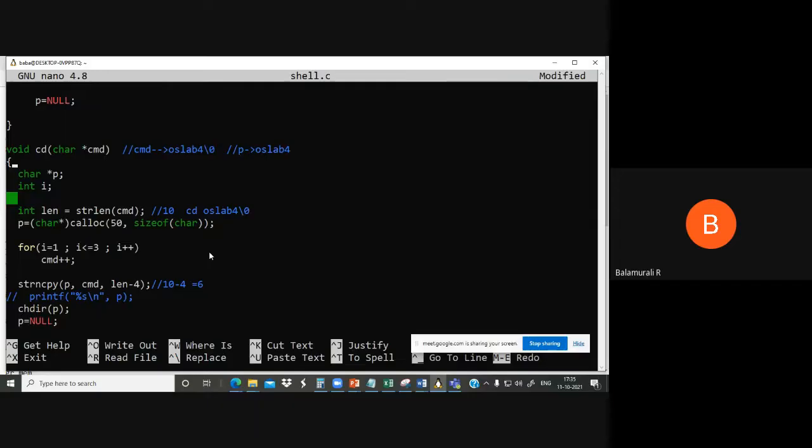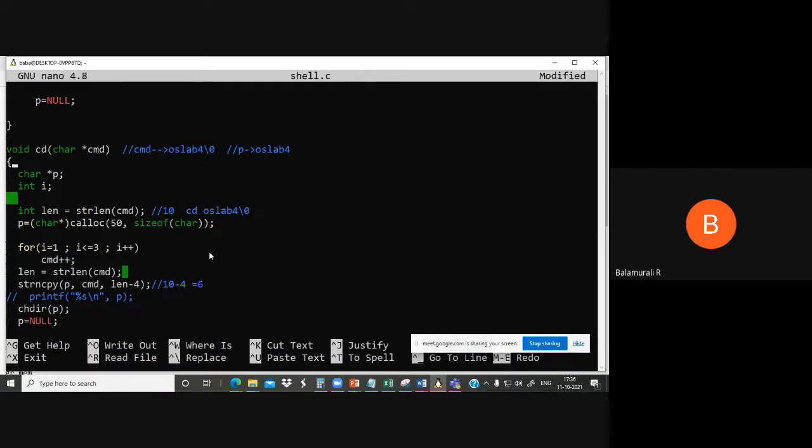Are you getting it? If you feel this is confusing, instead of calculating the length at that point, you can write it here. If you write here length is equal to string length of CMD, then at this point its length will be only 7, because the first 3 characters are already removed.